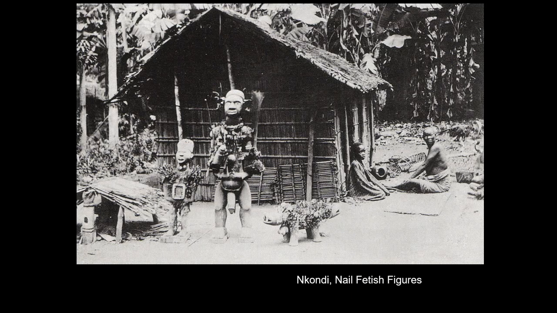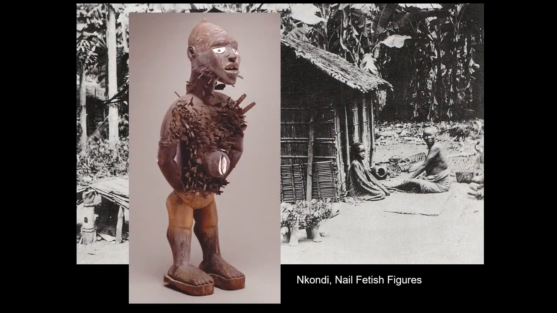Deep in the Congo, we also have these Nkondi nail fetish figures. These are remarkable figures made out of wood. A shaman would create this wooden figure, and then in its abdomen, you can see there is a cavity. This one has been sealed up with a cowrie shell, and a spirit bundle would be placed into this that would then empower it. And this thing then becomes a figure that takes on the curses of the community. So this was used in a variety of ways.